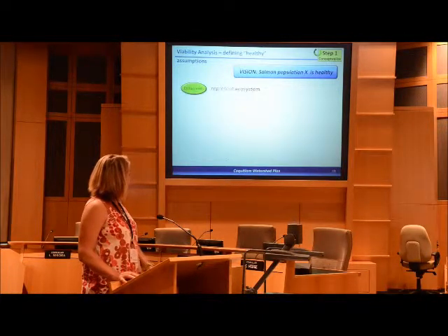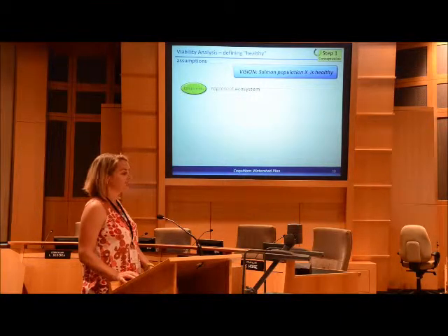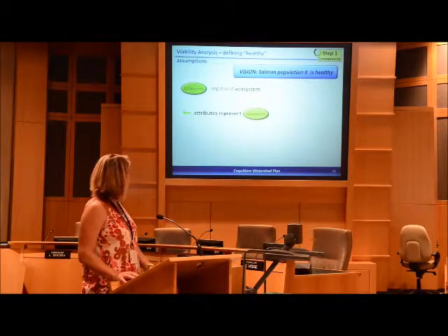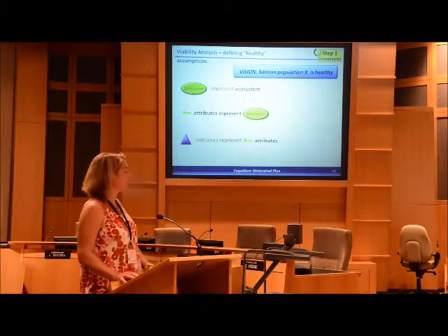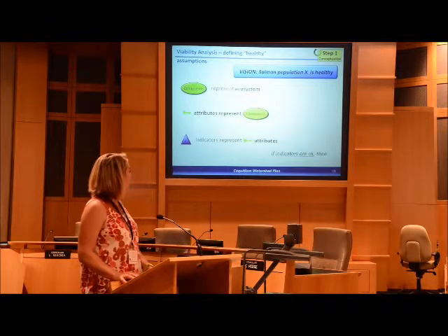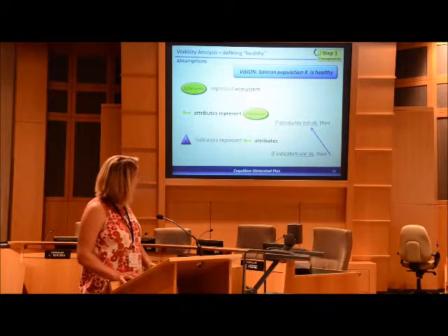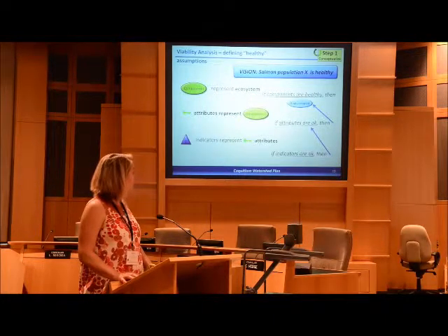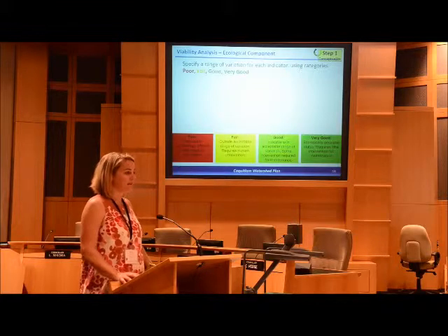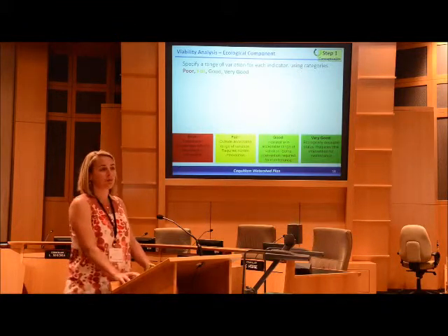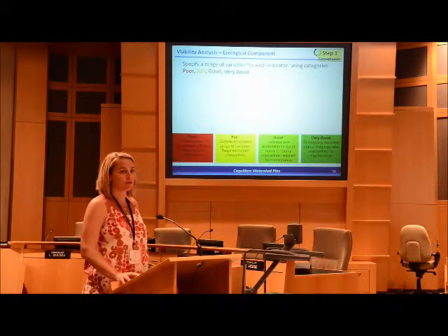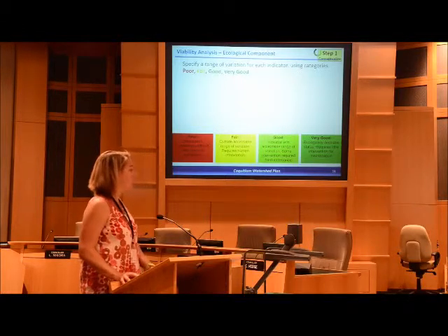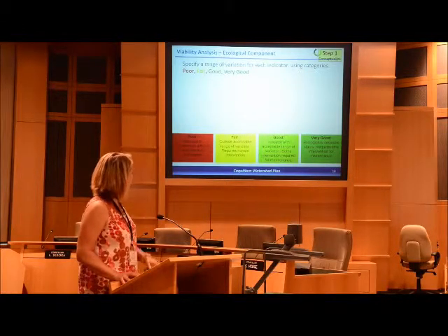So the logic is, components represent your ecosystem, attributes represent the components, and indicators represent the attributes, with the idea that if your indicators are okay, then your attributes are okay. And if your attributes are okay, then your components are healthy, and you're able to achieve your vision. So what does healthy mean? This is the tricky part, and this is where the task group did a tremendous amount of work over the last 5 or so months to meet some of these definitions.